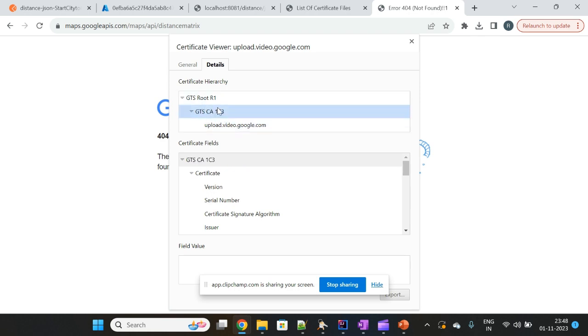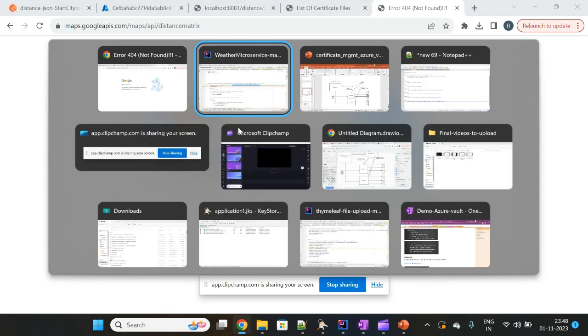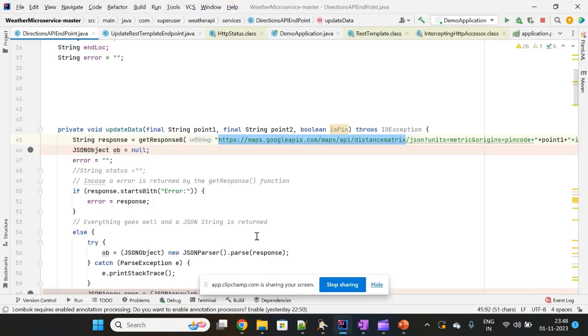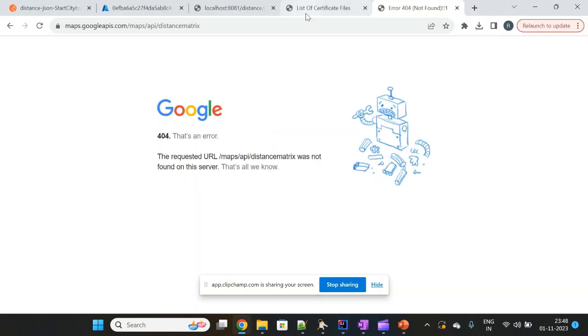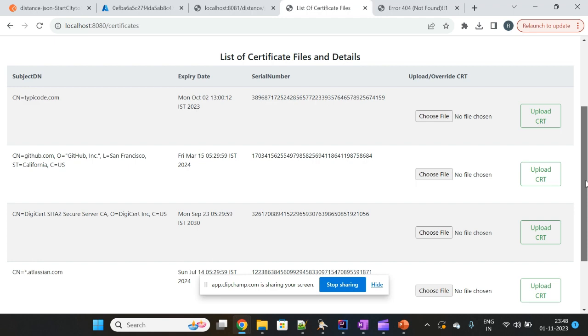This is called the root, and this is called the middle, and this is called the end node. You just have to click on export so that the respective certificate will get downloaded. So what I did, I downloaded the certificate, and then I kept it in my file system. But the current JKS file, whatever that we have in our thing, right, this particular certificate is not